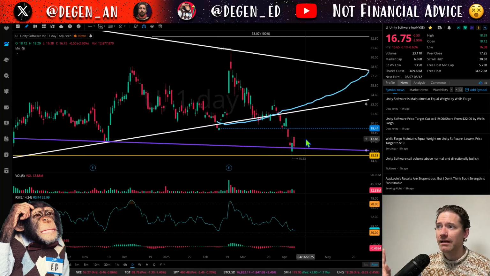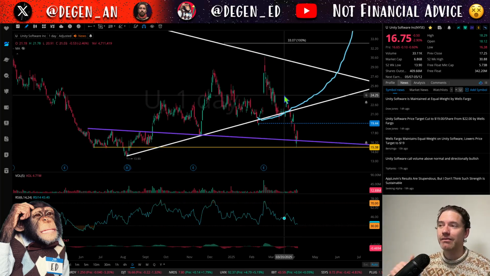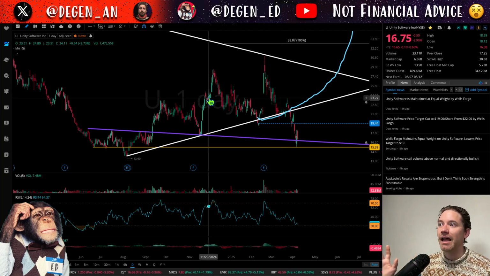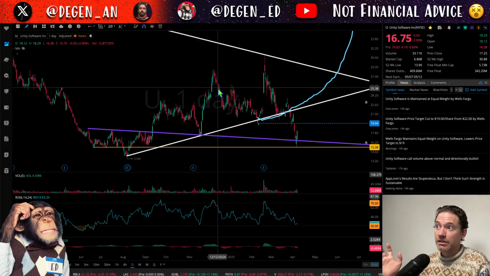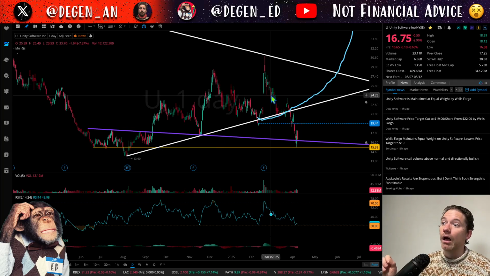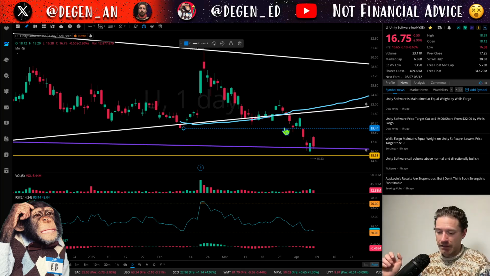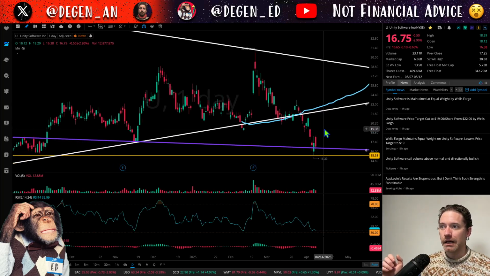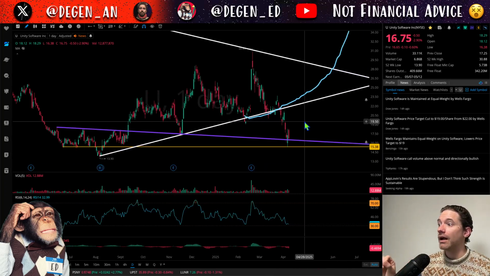So I'm liking it, even though we've broken below this uptrend, even though the very bullish sentiment that I had did not play out. We did not get up to 33 over here. So I'm just going to delete that Fibonacci extension. We did fill this gap here, so I can delete that. And yeah, I think this is probably going to be going higher.